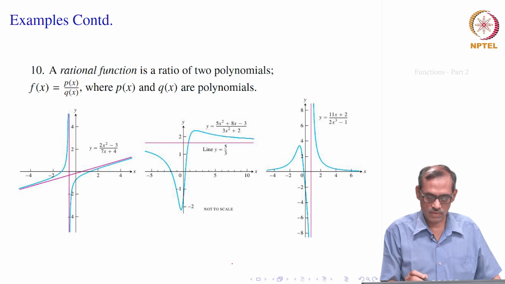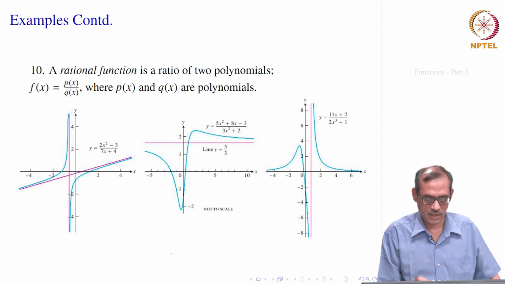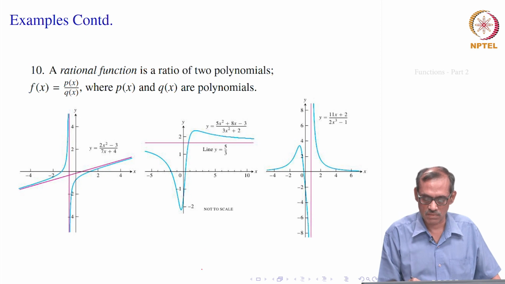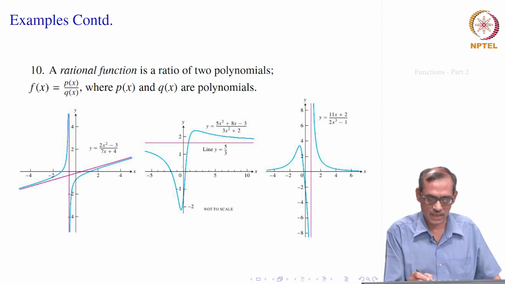So, that is now a curve which looks something like this. Look at the blue lines. It is in no way connected to the first one we had seen, because the function is q(x) = 3x² + 2. If it were not defined, x² would be minus 2 by 3, which is not possible in reals. So, it is defined for all real numbers. Its domain is the whole of real numbers. You can't see any gap here.